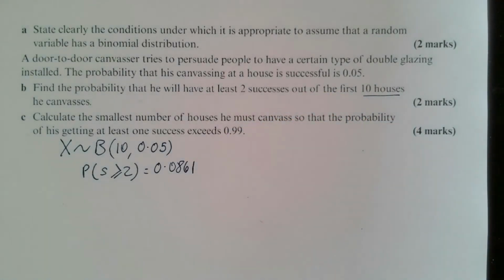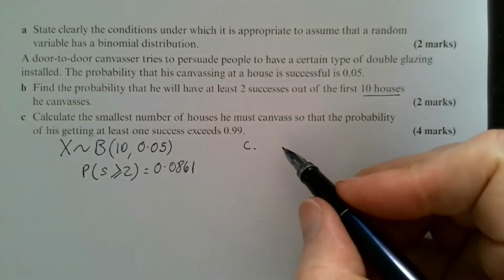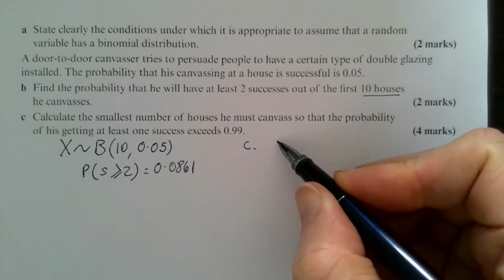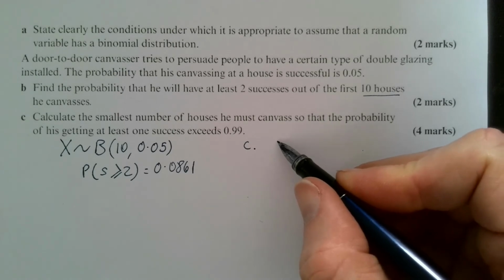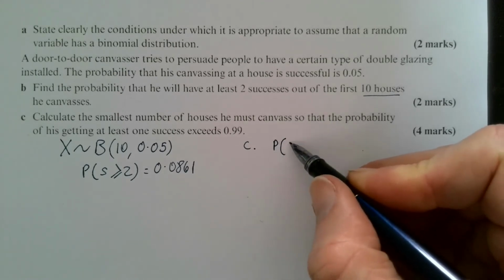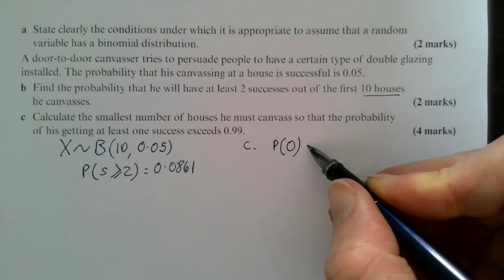Always write it down to 4 decimal places, because that's what will be in the tables if you decided to go that route. Now the next part has got 4 marks, and we haven't done something called logarithms yet, which would make this a lot easier. Without knowing logarithms, we're going to have to use a little bit of trial and error. But what we're thinking about, so we want at least 1 success. One thing you could say is that if you knew the probability of getting no successes, you could take that away from 1. So probability of 0 successes has got to be less than